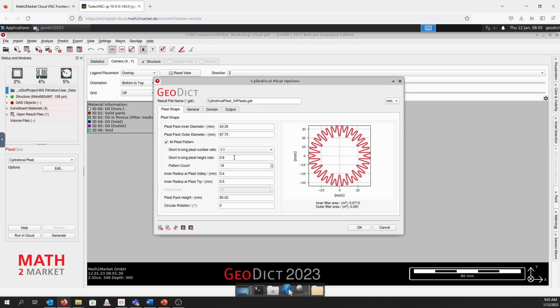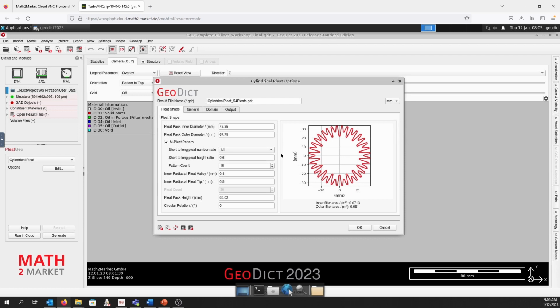Here also we can have the ratio of the height of the pleat. So if this, for example, is a fraction of the total size of 1 long pleat, and the pleat count is the pleat count which has one of the elements. So if you have 1 to 1, we have 16 pairs of pleats.